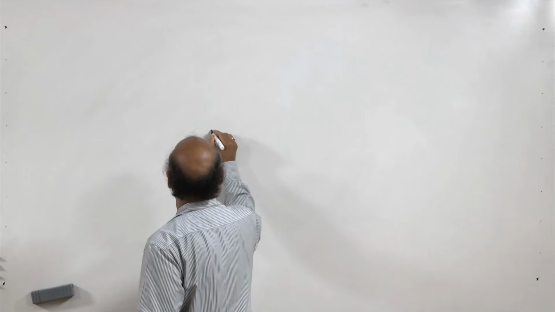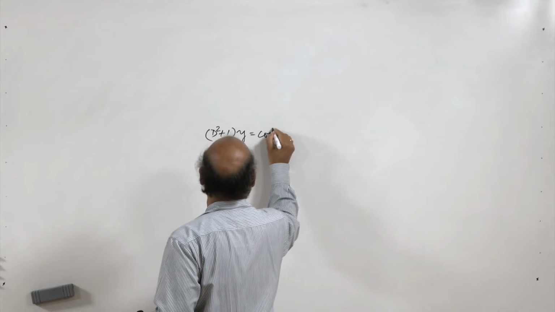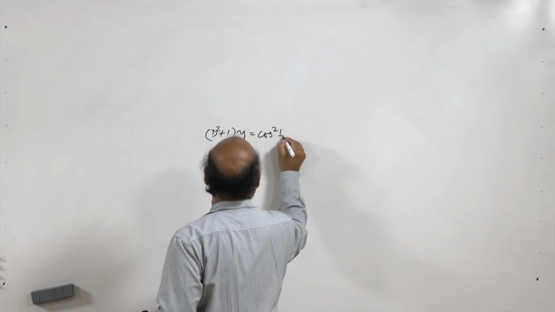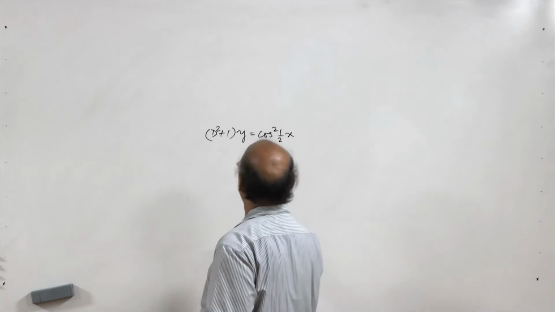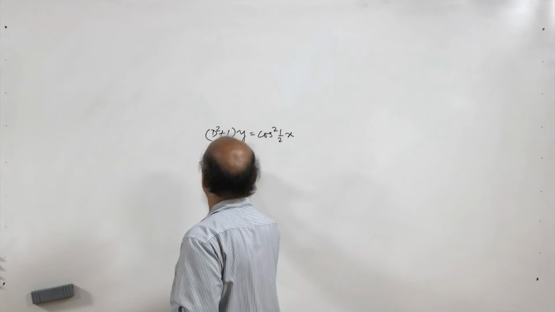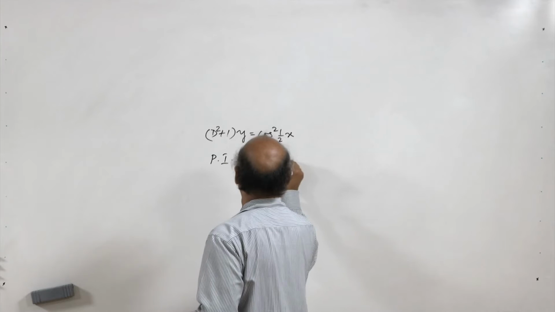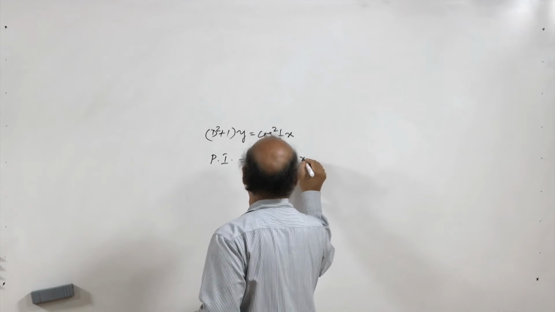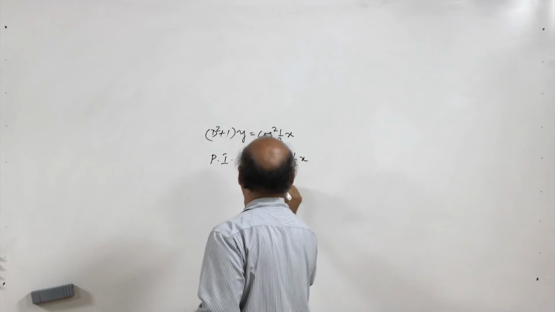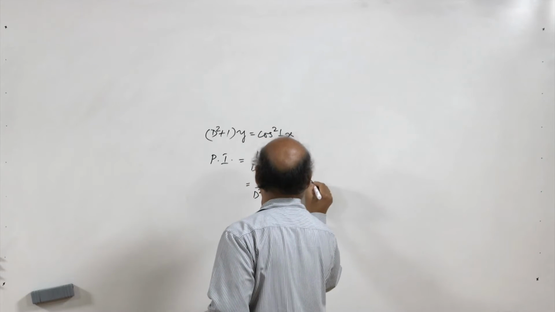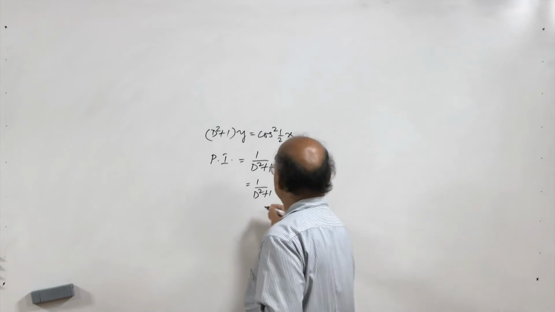(d square plus 1) y equal to cos square half x, and we could not find it because we had to write cos square half x in the form of (1 plus cos x) by 2, and when we write it in this form, what happens is that